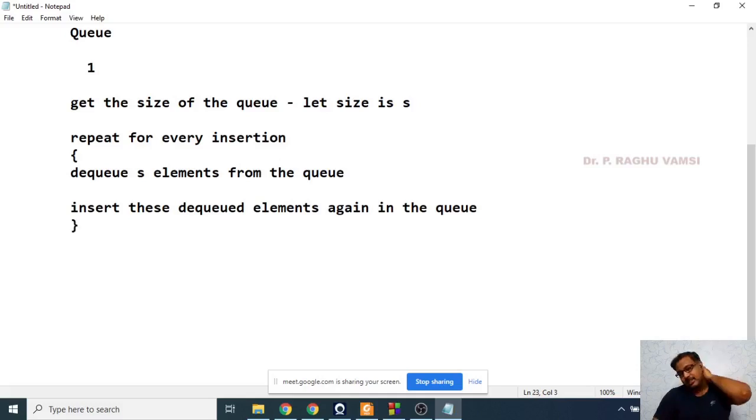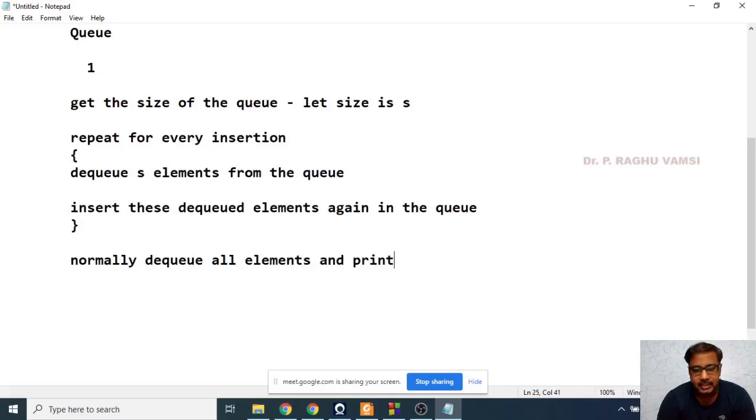Once all the insertions are over, then normally dequeue all elements and print. So this is the way you are supposed to implement a stack using a queue.